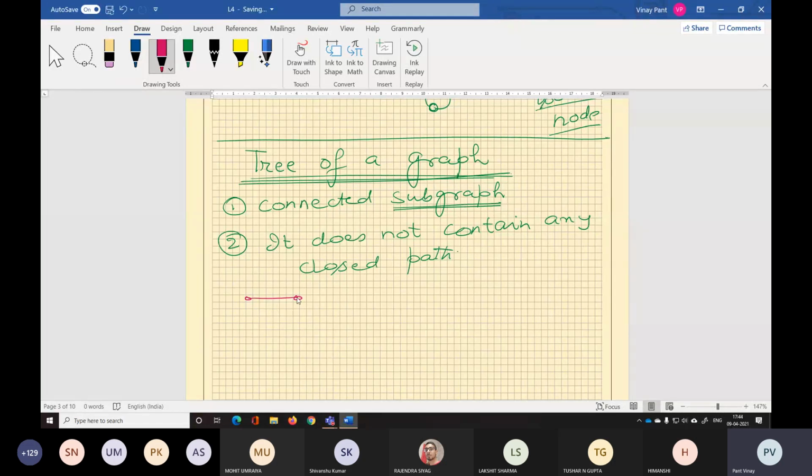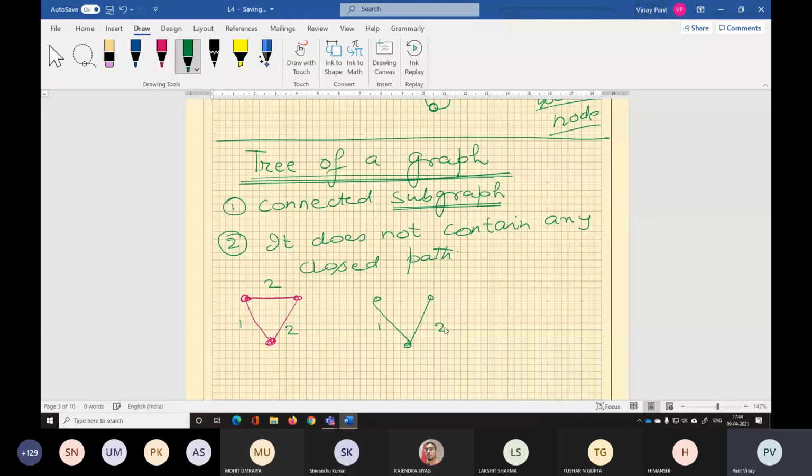We have this graph. This is a graph. I just place the nodes and I draw a tree. It contains elements number 1 and 2.